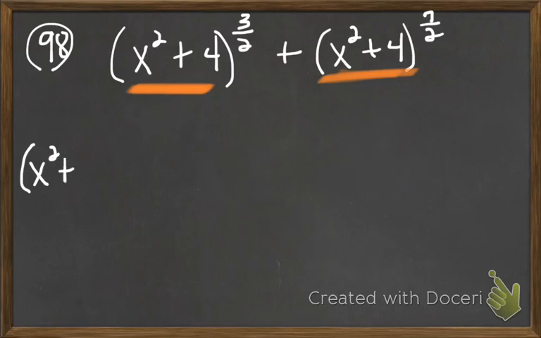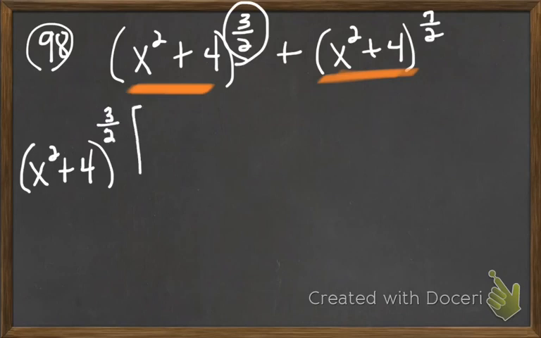Now to decide on my exponent, I'm going to check to see which exponent is the smallest. So 3/2 is going to be smaller than 7/2. So I'm going to factor out x squared plus 4 to the 3/2. This is going to look really weird, but we're going to do it. Now I'm going to use brackets here because I've already used parentheses. So my GCF is x squared plus 4 to the 3/2, and I'm going to divide that out of my